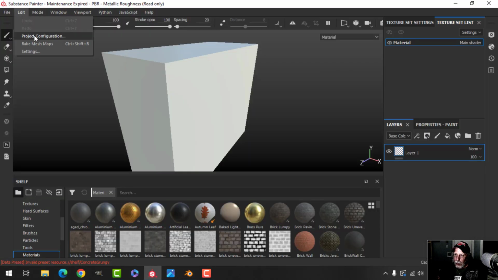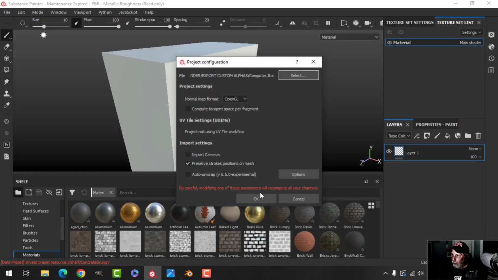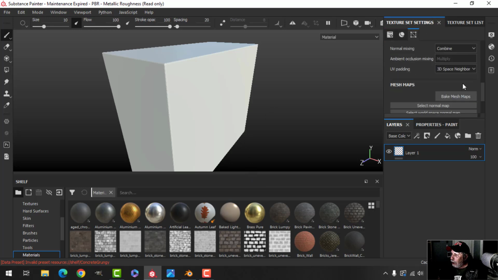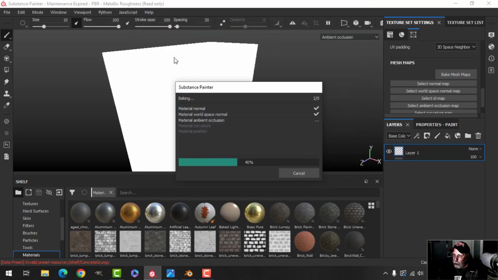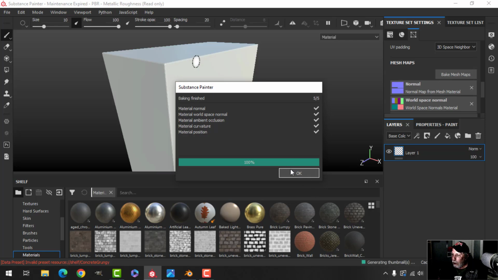Come back here, choose Edit Project Configuration, select it, and just bring it in again. So there it is, and I'm going to bake the mesh maps for this. Uncheck ID and uncheck thickness. I'll put this at 2048 and bake it. And you can see the squares, and it looks like pretty decent resolution, and that's all it is, a big